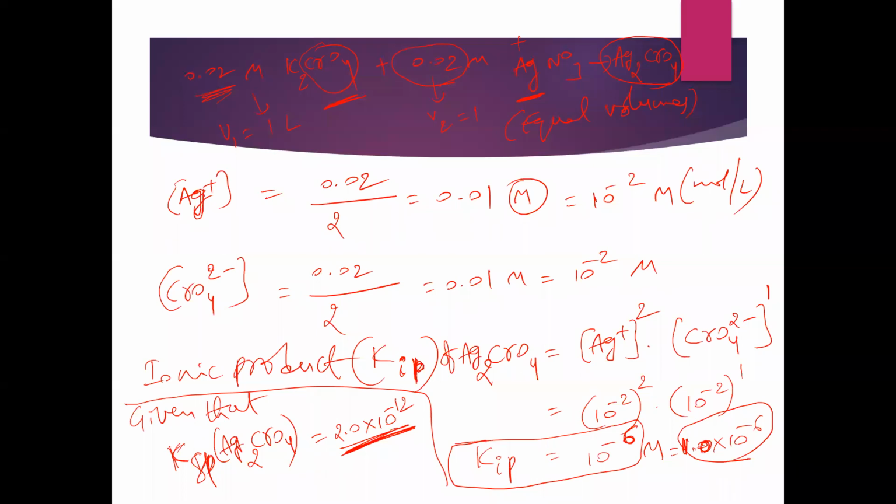Whenever the KIP value is greater than KSP, precipitation occurs. When does the precipitation occur? If the KIP value is greater than the KSP value. This is the main point you have to understand. So what is the application of this solubility product concept? By knowing the solubility product of the salt and the ionic product of the salt in the given solution, we can say whether the given salt will precipitate or not. Here the solubility product and ionic product concept is used. Take a screenshot of this.